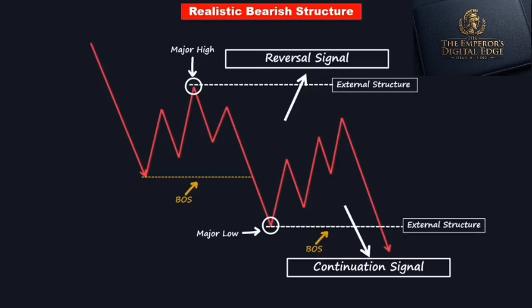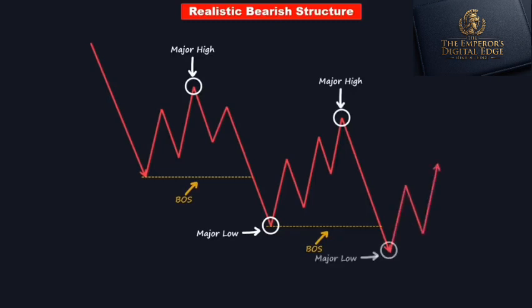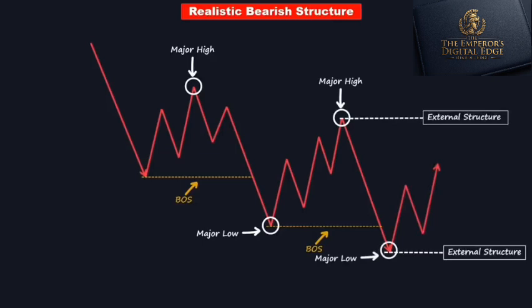As the price retraced upward, it formed a series of internal highs and lows within our trading range. However, it eventually went back down and broke the recent major low to the downside. This internal high located at the extreme becomes our newly generated major high. This is because it represents the highest internal high created before the price initiated a strong bearish push, resulting in a new break of structure. Following this, the price retraced once more, forming another major low. Subsequently, after creating various internal structures, the price continued its downward momentum, establishing a sequence of lower lows and lower